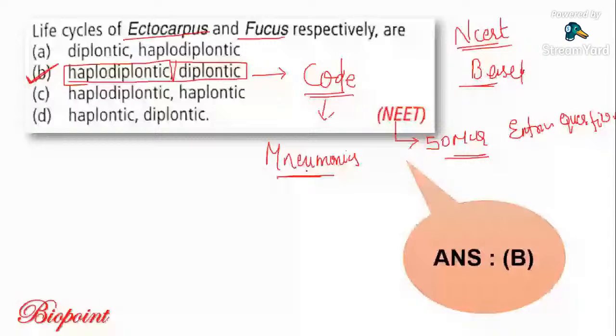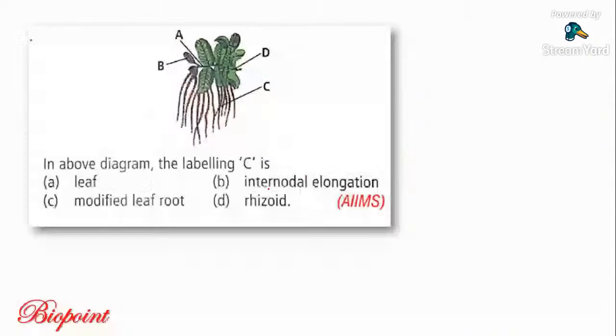Next question, diagram based question. Question number 14. In the above diagram, the labeling C represents. AIIMS previous year question. So what is actually the diagram? The diagram is there in your NCERT. I hope you might have seen this diagram in NCERT. This is actually the diagram of